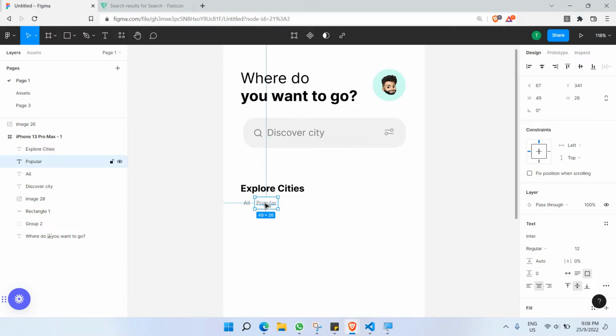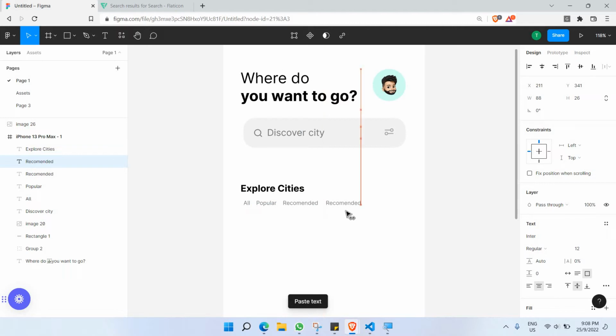The next text will be recommended. This text will be dispute, followed by